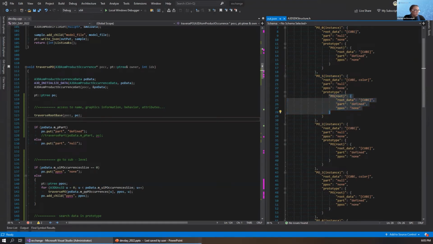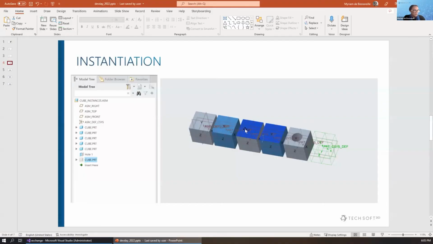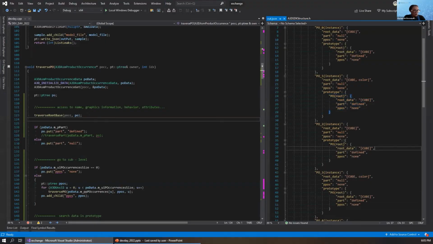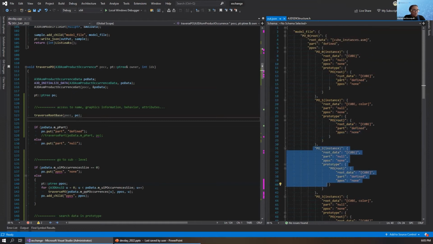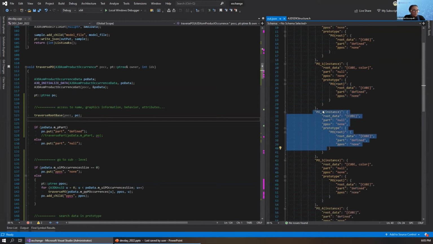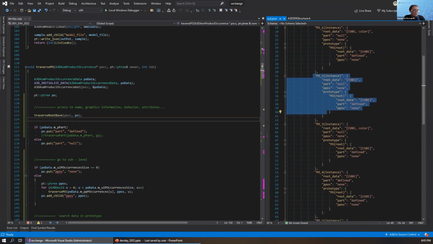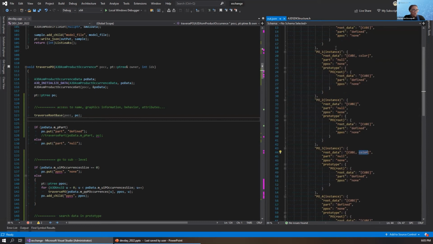For the cube 3, where we get a face with a new color, we have nothing different compared to the first instance, so we miss the information. For the next one, with a new color on the face and on the wall instances, we get the same information as for the cube entirely blue. So a color on the instance that will override all the color in the cube.